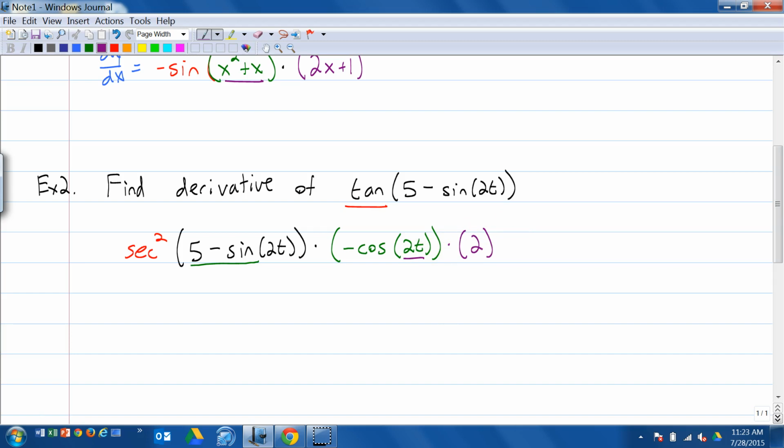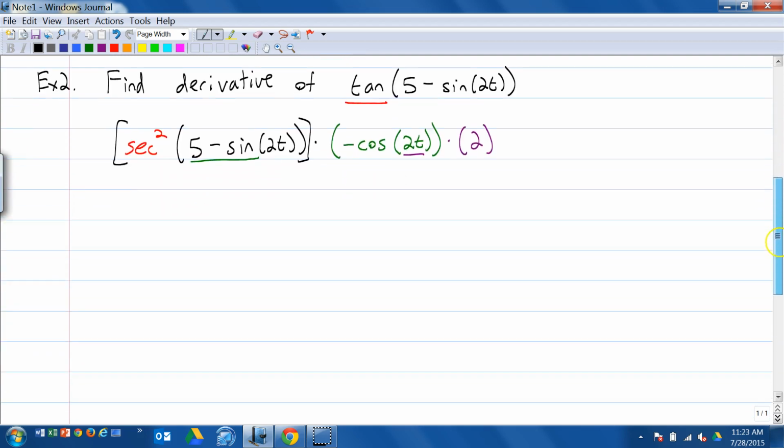Okay? So, this is the derivative of tangent of 5 minus sine of 2t. It's that whole thing. And you can leave it like that for now. That's all. It's fine. Alright, let me do a more difficult one. Let's try